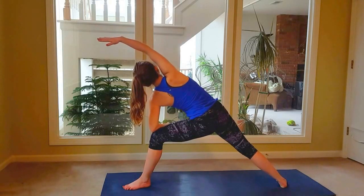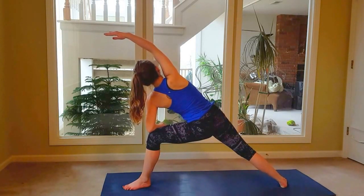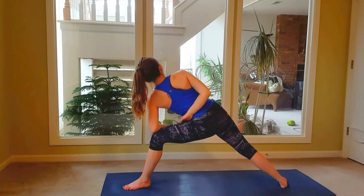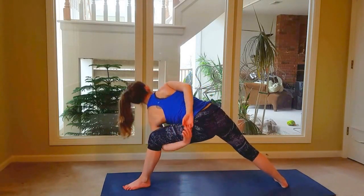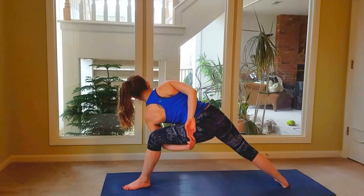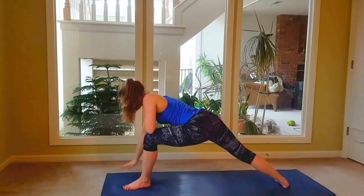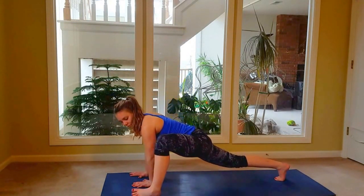Right arm reaches overhead. Sink down into that hip and then start to wrap behind you. Right arm wraps behind. If you want to, you can bind here, taking the left arm underneath, finding the bind. Nice. Go ahead, start to find that right arm up and take the right hand down, stepping on the inside